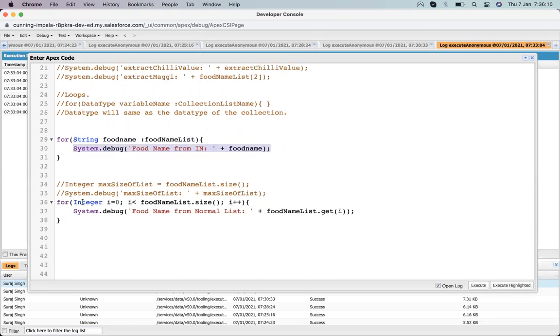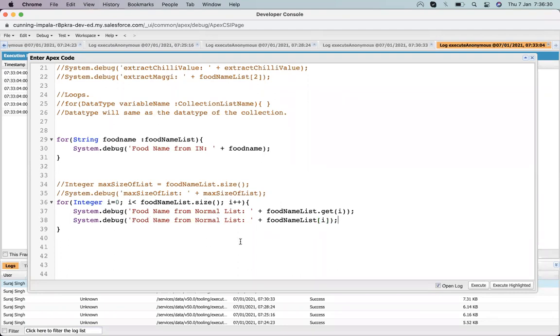In this one we have to take care of the indexing, which means we need to take care of the size and the index. If you want to use our traditional method, that is via an array, it will also work fine.